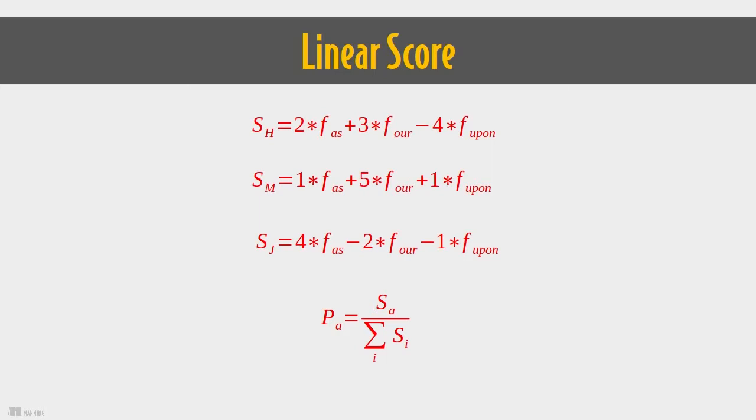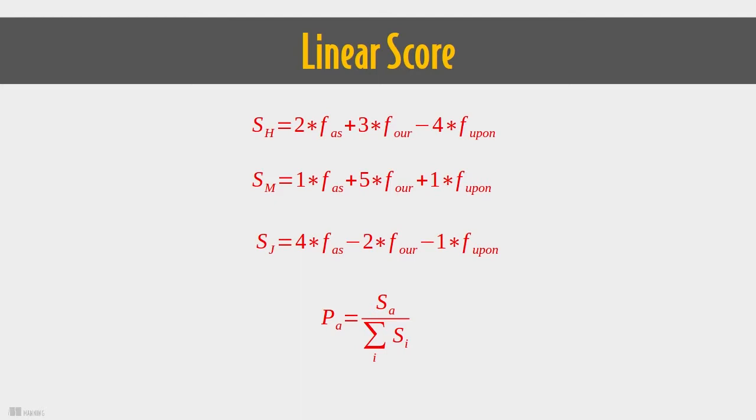So the equation would be something like the probability that this document belongs to a given author is that author's score divided by the sum of all scores, where A here represents which author. This has the necessary property that the probabilities add up to 1.0, which is equivalent to saying one of these options must be the author.